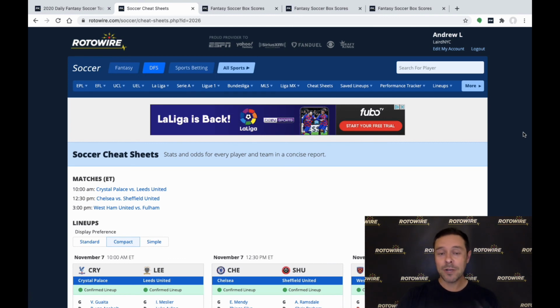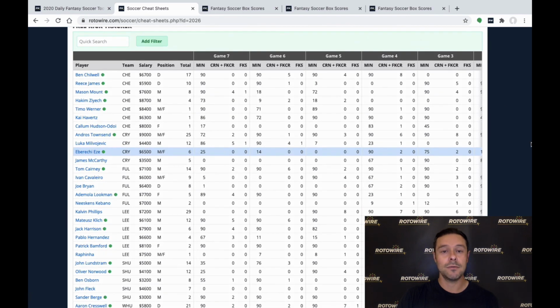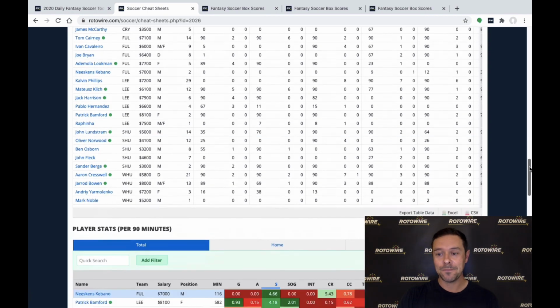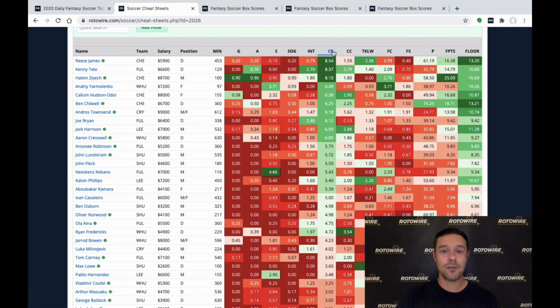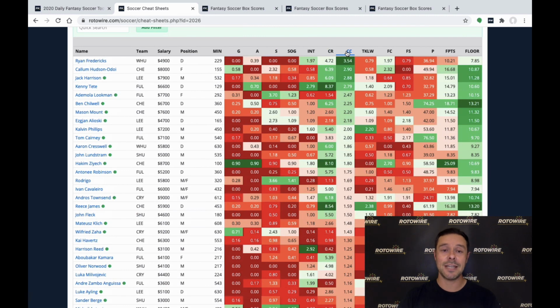But that's pretty much how you use our cheat sheets to find the players that you want to target, and then you can just kind of fill in the rest with guys you think are going to do well, because set pieces aren't everything, and there are plenty of people who don't focus immediately on set pieces. What you can do is focus more on crosses and chances created. I mean, these are the stats that generally come from set pieces, but they don't have to. And so there are guys who still cross a lot, who don't necessarily take set pieces,